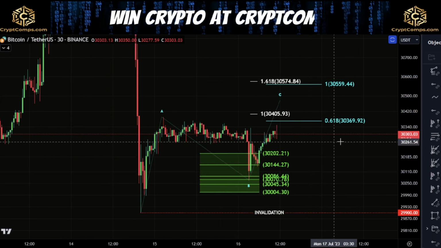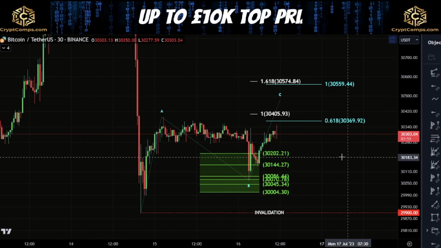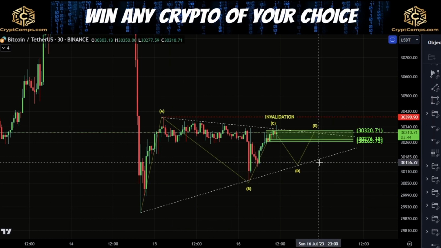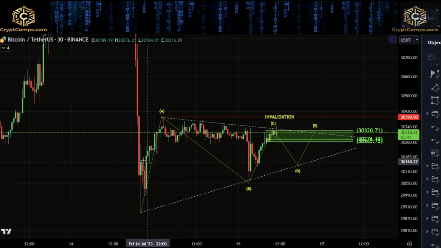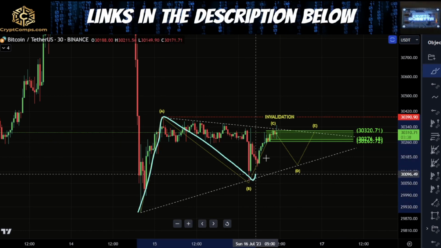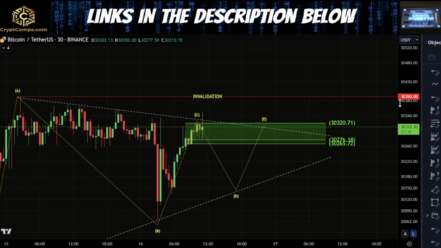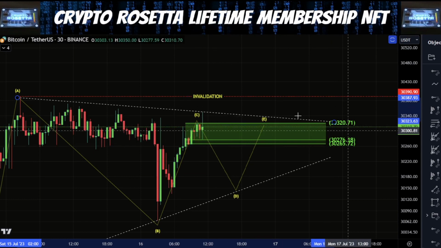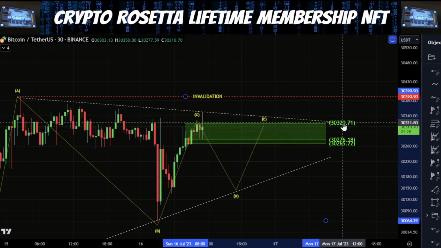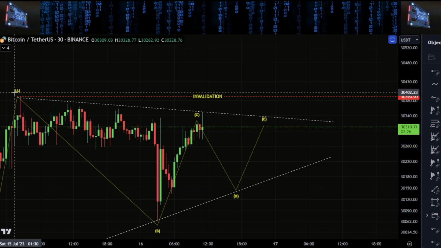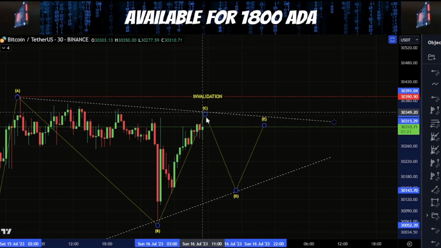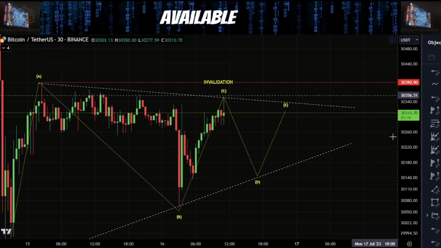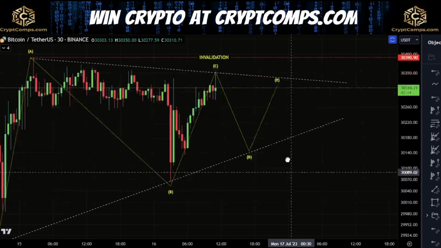Now the problem is that if we are looking at this as two zigzags here, effectively what we need to be on the lookout for is that we could also argue we have something like this playing out, where we could say that this is actually an A wave, this is a B wave, this is a C wave, and then we're looking for something like a triangle here. Now, we did come up higher than the typical zone that I'm looking for the C wave, which would be the 786, but we are still actually below this A wave high. Now, this A wave high would be our invalidation to the upside here. We would say if we cross this at the 30,390, this would invalidate the idea of a triangle,